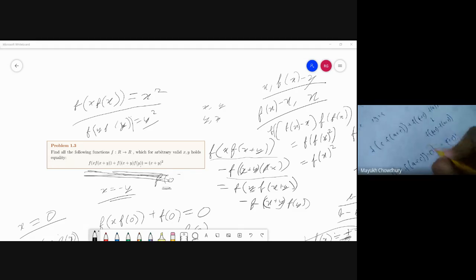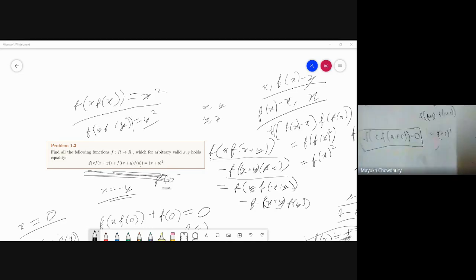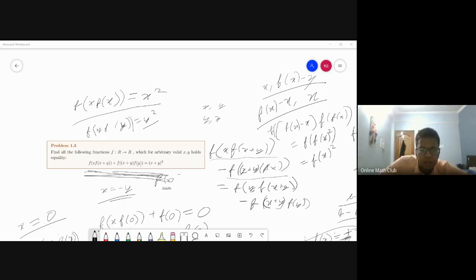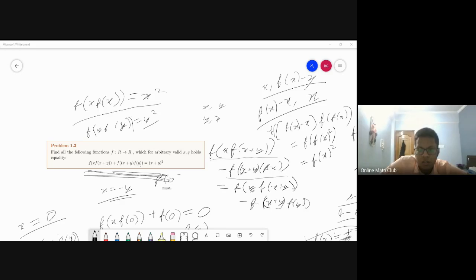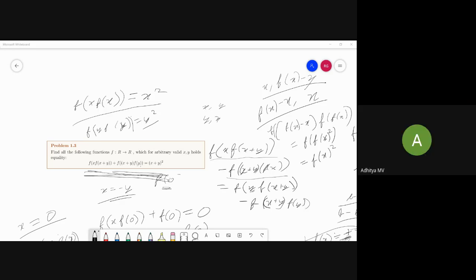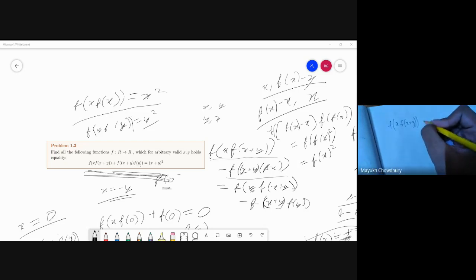Ah, I see. In that case, a goes to a plus c is what he assumed, right? Yes, in that case we get this is equal to 0. Now c f of a will be 0. Given the equation, so c is 0, isn't it? This gives you c equals 0, so this proves injectivity, I assume, right? Yes, c equals 0, and that implies injectivity. No, I think I've only done something further. We are given this equation.